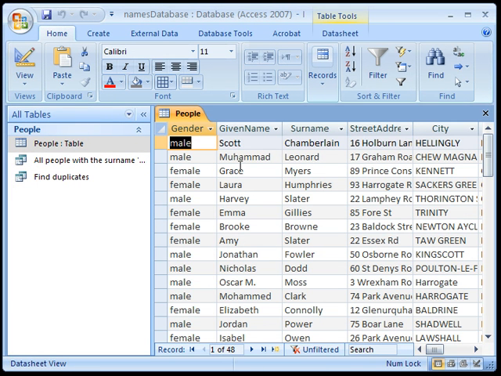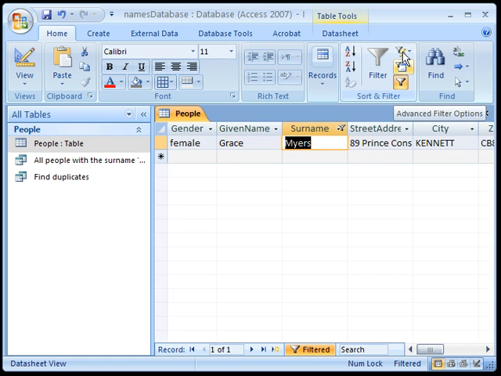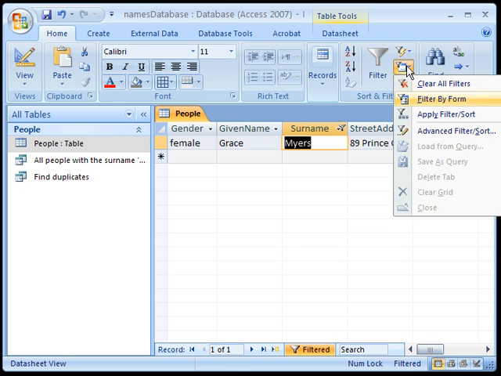Open the table, select something, filter it, look at the form,